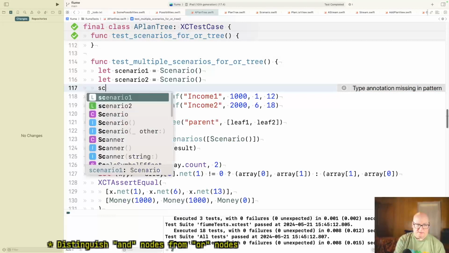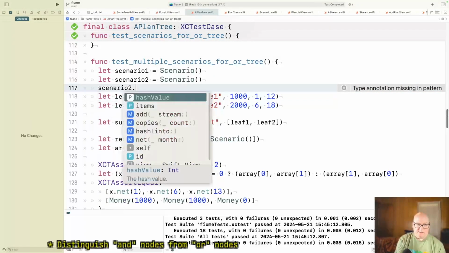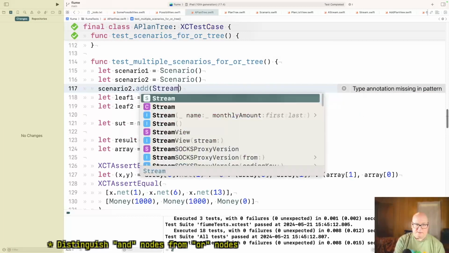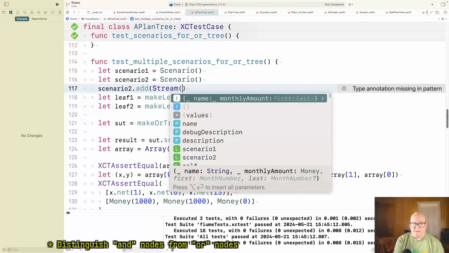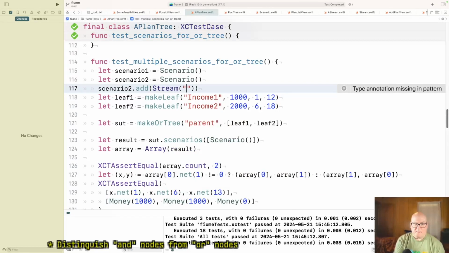All right, let's do scenario 2 dot add stream annuity for 500 a month.